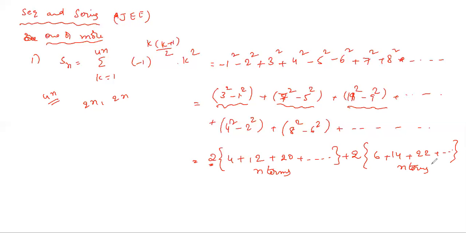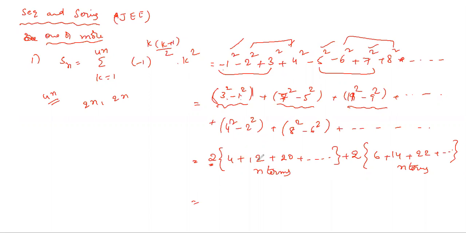Yes, sir. Just put k equals 1, k equals 2, and so on. You will get this sequence. So you separate odd numbers and even numbers. You write like this: 3 square minus 1 square, 7 square minus 5 square, similarly the evens also. A square minus b square means a plus b into a minus b, and a minus b is the same 2 for all. So 2 common. So 3 plus 1, 7 plus 5, 11 plus 9, like that you will get. N terms only we will get, because these are 2n terms, and one bracket means 2. Like this we get n brackets, so n terms. Similarly here also n terms.